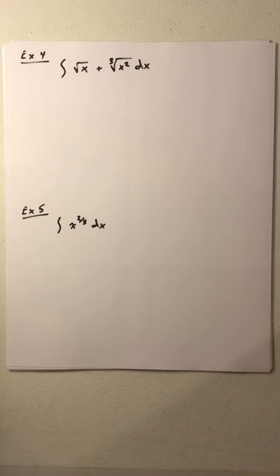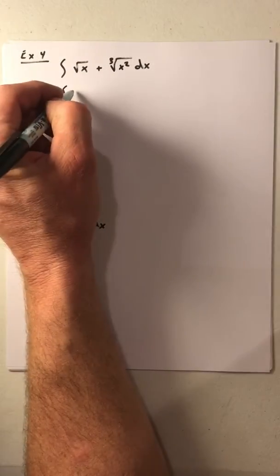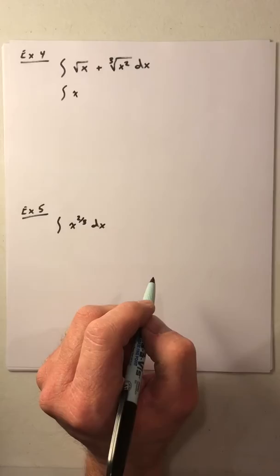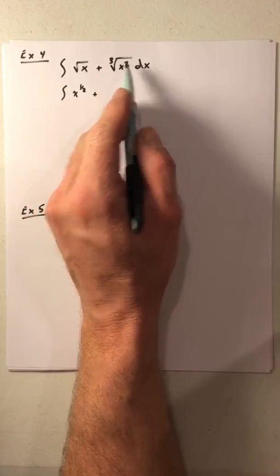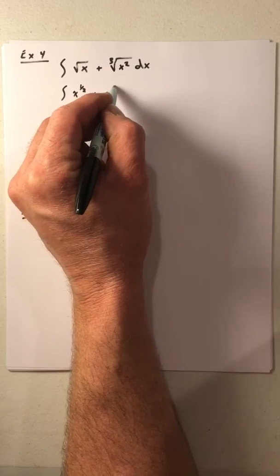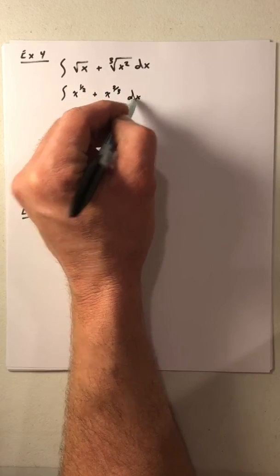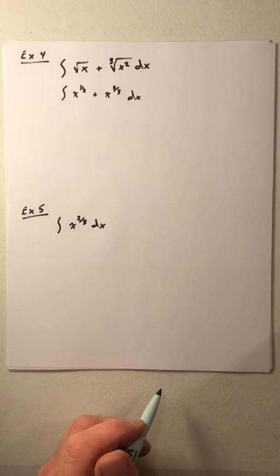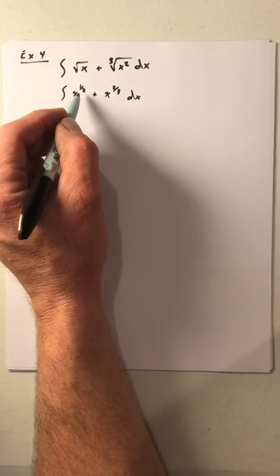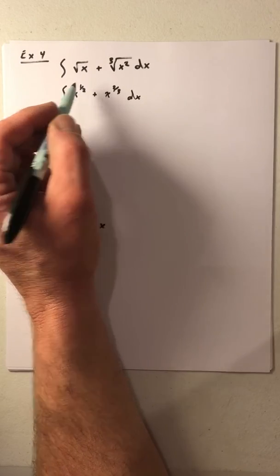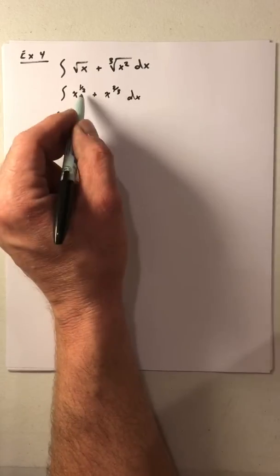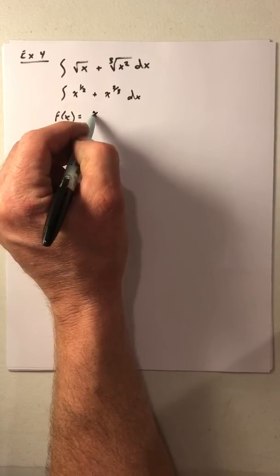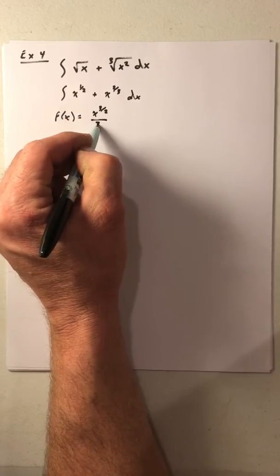In example 4, we get into some radicals. Well, we can change a radical into a fractional exponent. So the square root of x is x to the 1/2. The cubed root of x squared can be rewritten as x to the 2/3. And that's going to be dx as being our variable of integration. Variables with fractional exponents are going to work exactly the same way. We're going to increase that exponent by 1. So x to the 1/2 increased by 1 gives us x to the 3/2 divided by 3/2